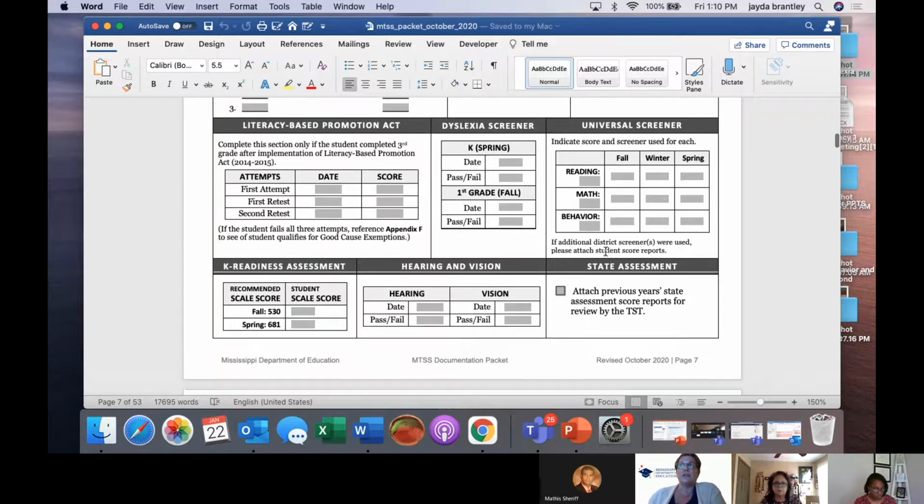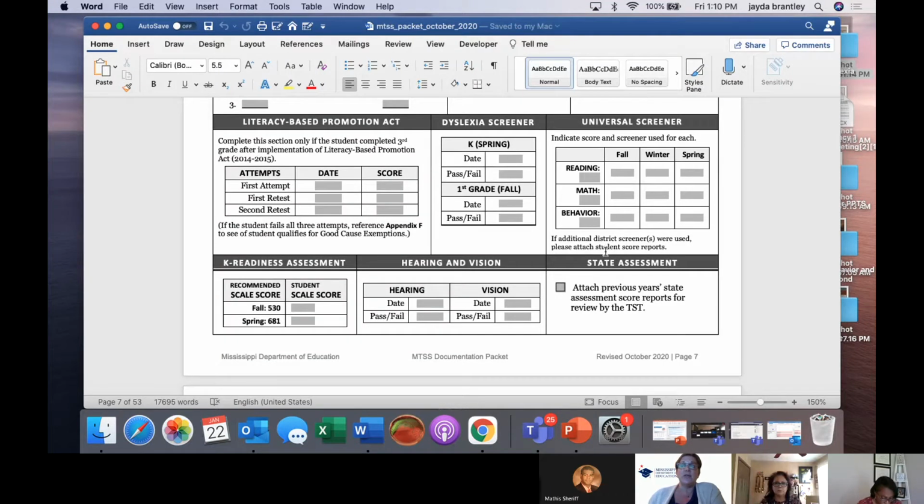The Literacy-Based Promotion Act, universal screening scores, hearing and vision, which has to be updated every 12 months. So basically, this is a wealth of information. Now, when we go to districts and we look at documentation packets, because sometimes districts will call and say,